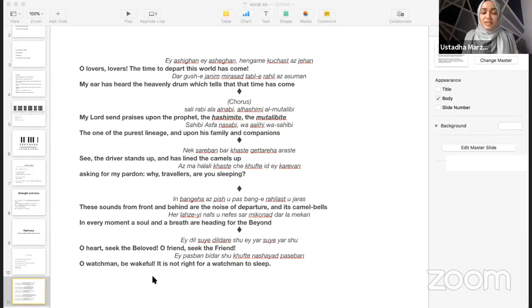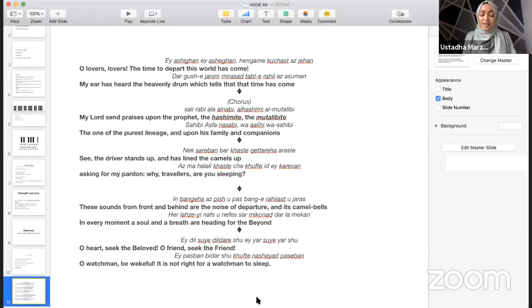صلي ربي على النبي الهاشم المطلب صاحب أصفى النسب وآله وصحبه نگذاربان برخسته قطاره ها